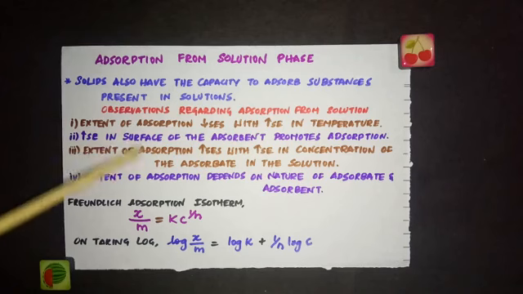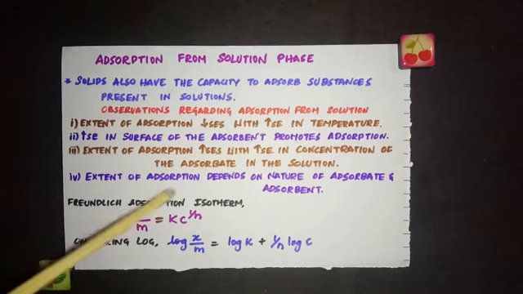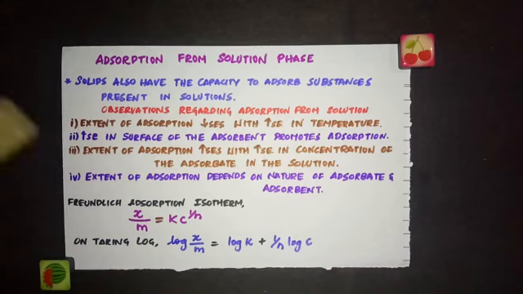So the extent of adsorption increases as the concentration of the solution containing the adsorbate increases. And the last observation: the extent of adsorption depends on the nature of adsorbate and adsorbent. So depending upon the nature of the adsorbent and adsorbate taken, the extent of adsorption may vary. The actual mechanism of adsorption from the solution is not definite. Anyways, it is believed that it continues till a unimolecular layer is built up on the surface of the adsorbent.